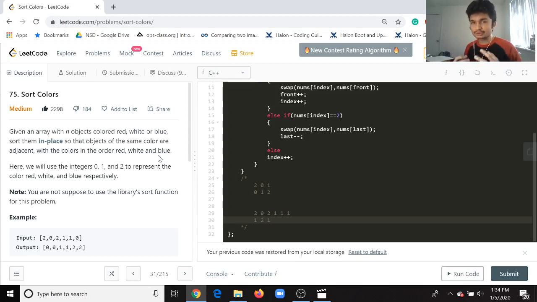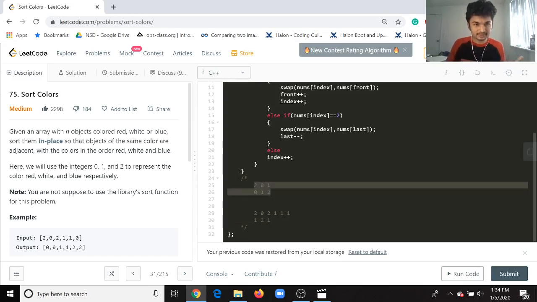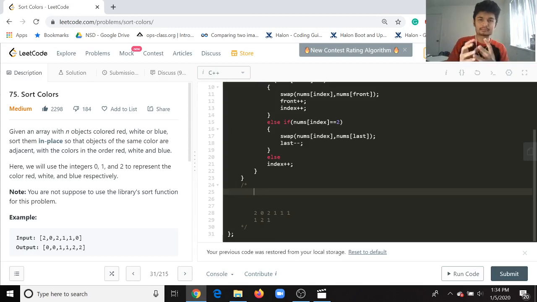So in this question, we are given an array. In this array, you have either a 0, 1 or a 2, and what you need to do is sort this array, but you need to sort this array in place. So they have given this example. Of course, I'm just simplifying the question. If you read the question, it's the red color. Red means 0, white means 1, and blue means 2. But all of these are just trivial information to us. What we need to do is just sort the array